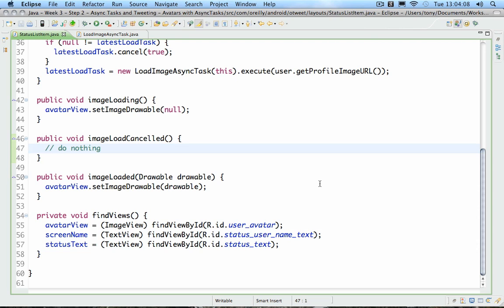It's so much cleaner and more palatable in the code to me to see an async task having some clear responsibility and the view or the activity having its clear responsibility, and there's no overlap between them. So I don't create the thread in the activity, and that thread all of a sudden has a bunch of responsibility that the activity shouldn't have, like knowing how to do some work in the background, like loading an image. I never use threads. But a more general answer might be if you have